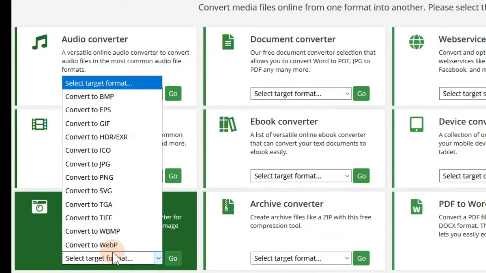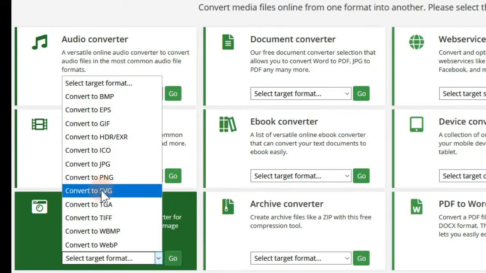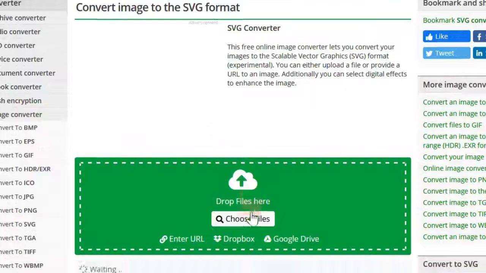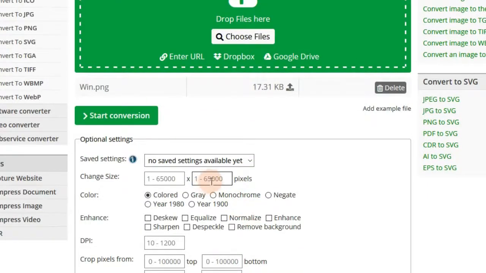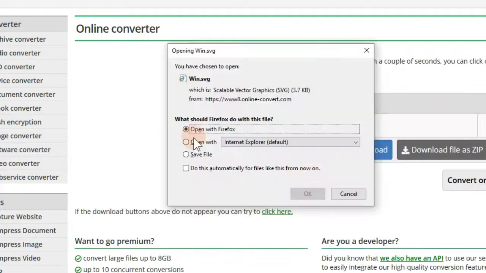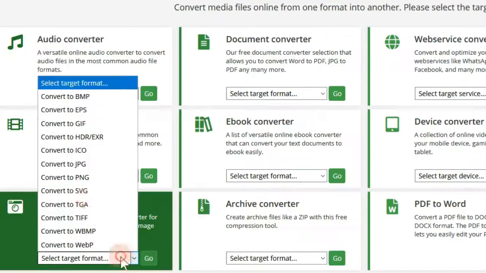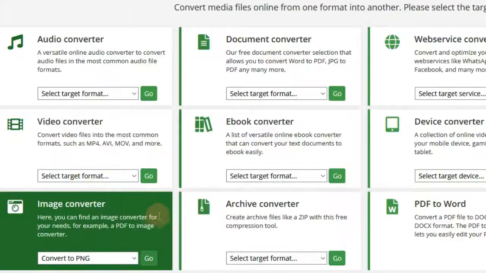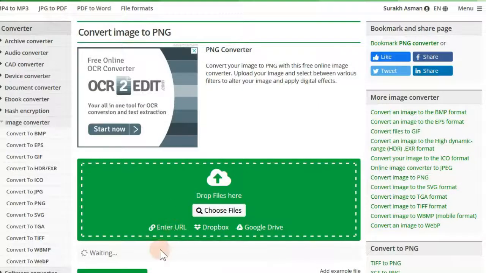To solve this problem, the image you give to the site to convert must be a vector in SVG format. Here we used the site itself to convert the channel logo PNG, which was 500 by 500 pixels. Finally, we gave the SVG file to the site to turn it into a 65,000 square pixel image.